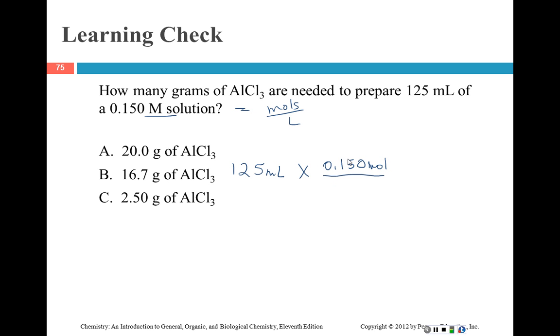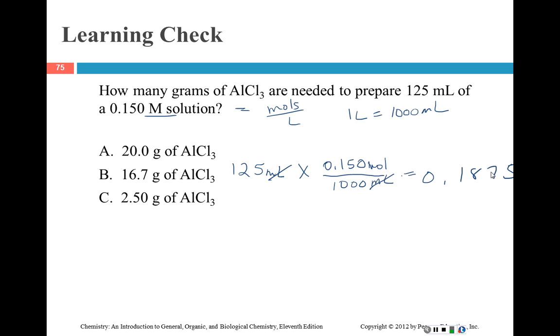Okay, and 1 liter is the same as what? 1,000 milliliters. So if you know that, you can skip a conversion step and get rid of the milliliters. And so you've got 125 times 0.150 is 18.75, divided by 1,000 is equal to